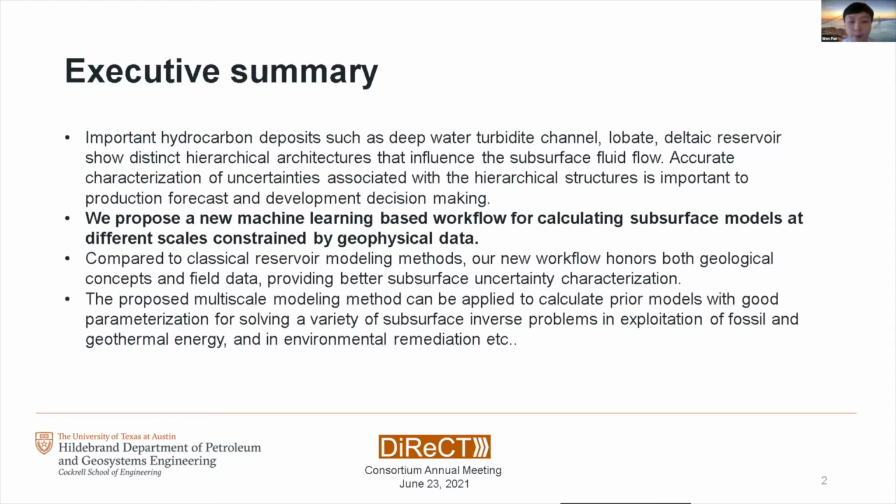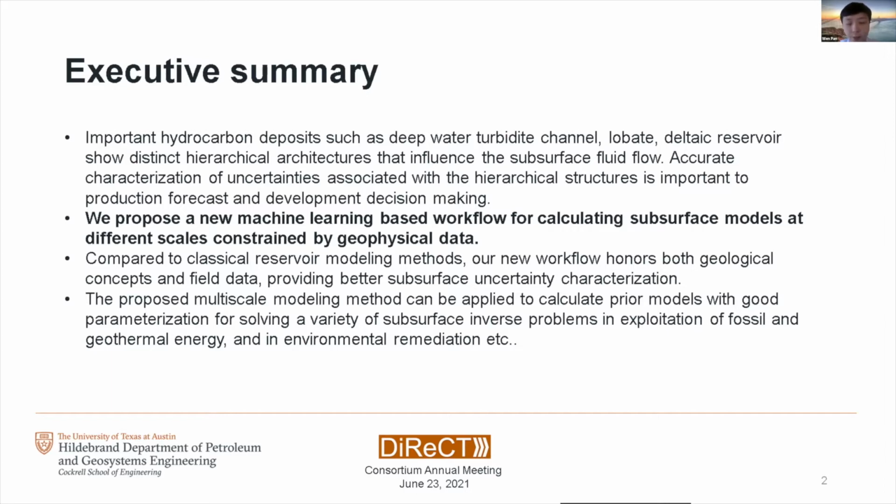And what we found from this study is that compared to the classical reservoir modeling methods, our new workflow can better honor the geological concepts as well as the geophysical interpretations, and provides better parameterization and also the uncertainty models